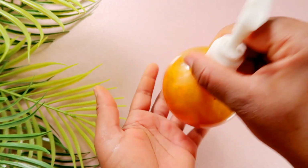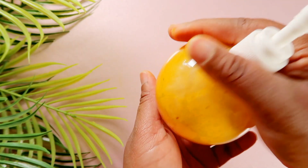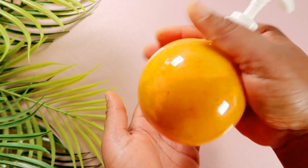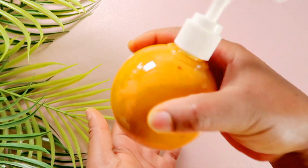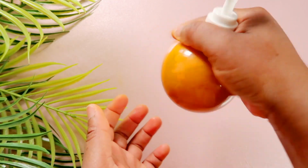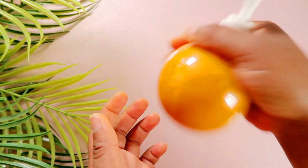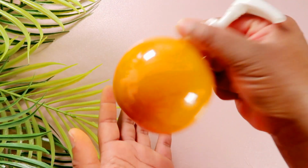Right now I'm just shaking the container to mix all the ingredients together. Make sure you shake very well for the turmeric powder to dissolve completely, since I did not dissolve it before adding it into the container. So shake so well. Use it as you use any other face wash, and guys, you start seeing result within